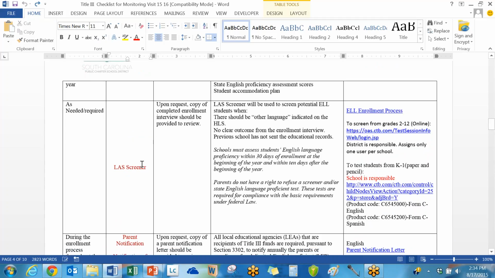Last screener, I'll go into the screener on the website after this. We are done with the checklist. Last screener for grades second grade to 12th grade, it's online and the district paid for it. The schools can use it. In the email I send you later this afternoon, if you confirm your Title III coordinator and reply back to my email and say that is the right person, I will assign a username and password to your Title III coordinator. If you are a school and you serve kindergarten and first grade, that is a paper and